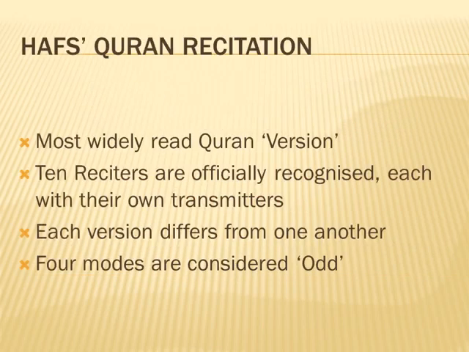Today's Quran that is read in most of the Muslim world is called the Hafs recitation. Around 97% of all Muslims recite this version of the Quran. Other versions of the Quran are from the 10 recognized reciters. Each of them have their own set of student transmitters from which more versions of the Quran are derived, namely